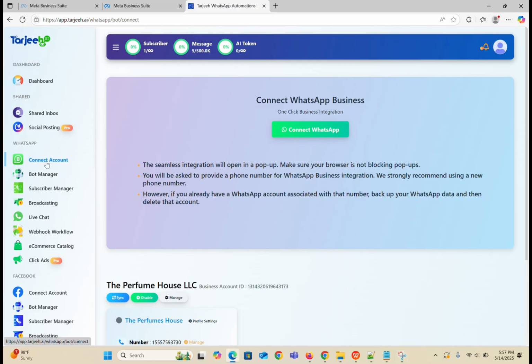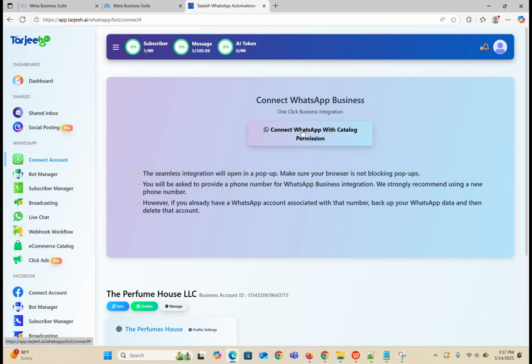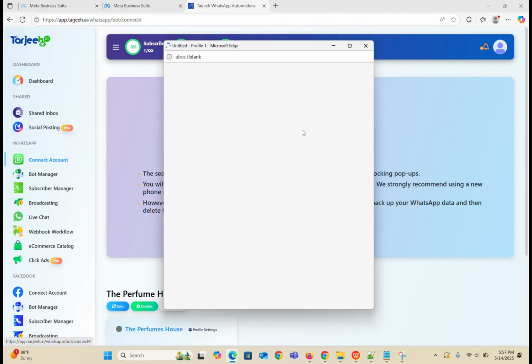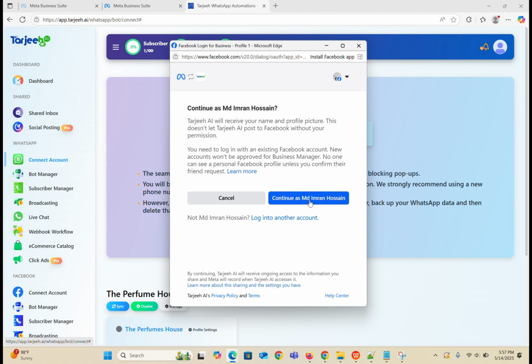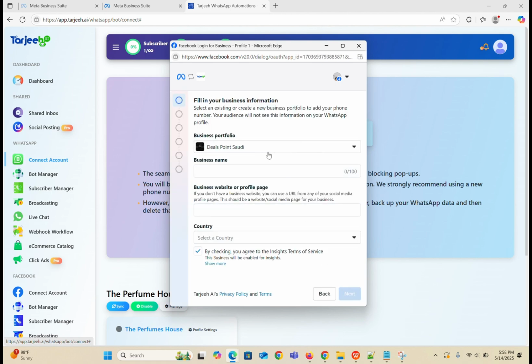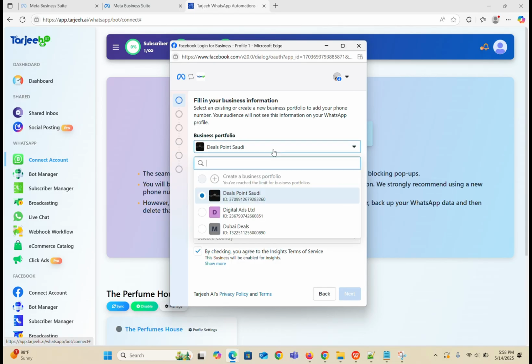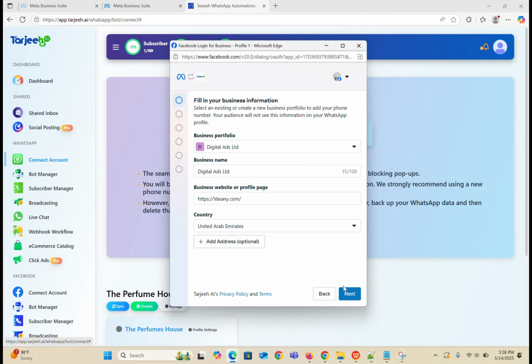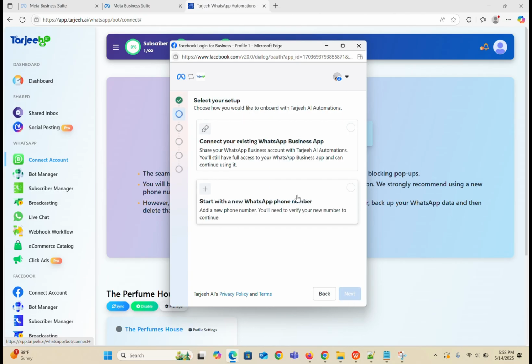Once you're logged into Tarjeeh portal, click connect account, then connect WhatsApp. You will be logged in through your Facebook account. Then get started. Select your Facebook business manager, then your website or Facebook profile and the country. Start with a new WhatsApp number. Next,